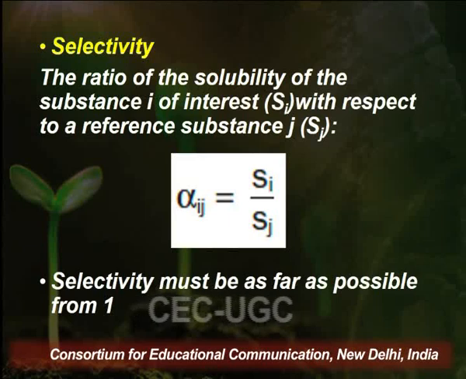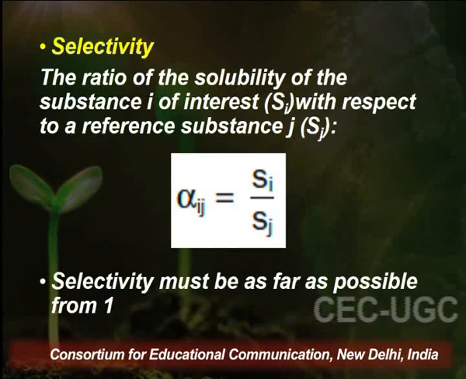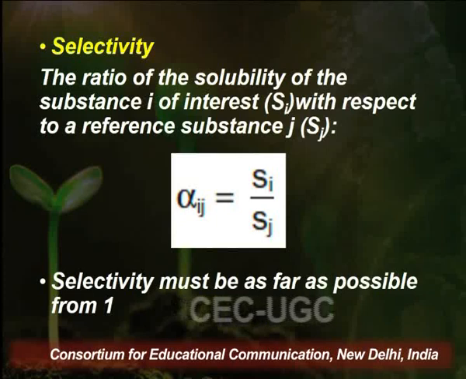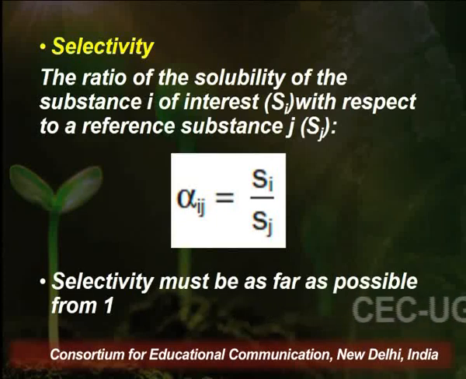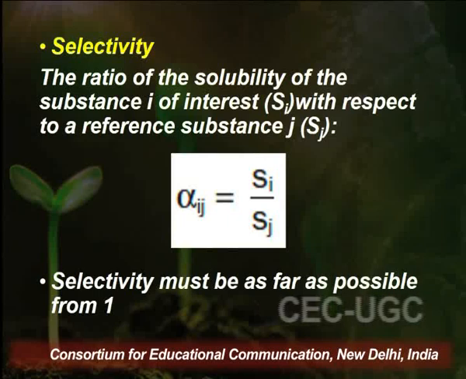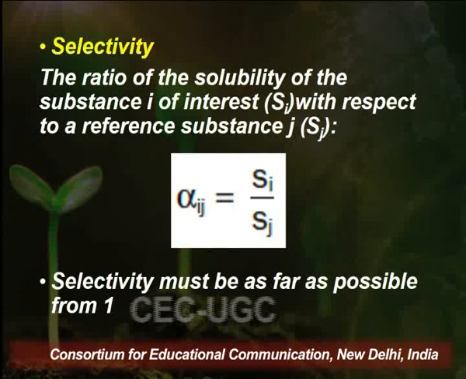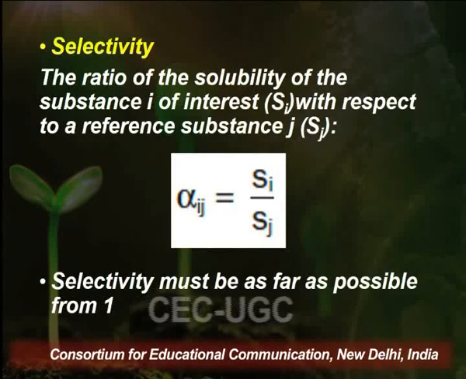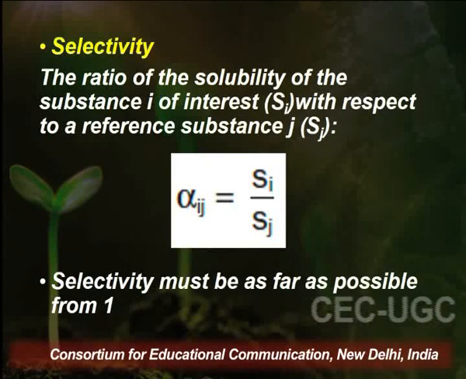And it is defined as the ratio of the solubility of a substance of interest with respect to the reference substance. And with the tremendous literature available on studies of the selectivity of the solvent, it has been found that selectivity should always be as far as possible from the value 1, because if the selectivity is closer to 1, then it indicates that during the extraction process various other compounds will also get extracted along with the